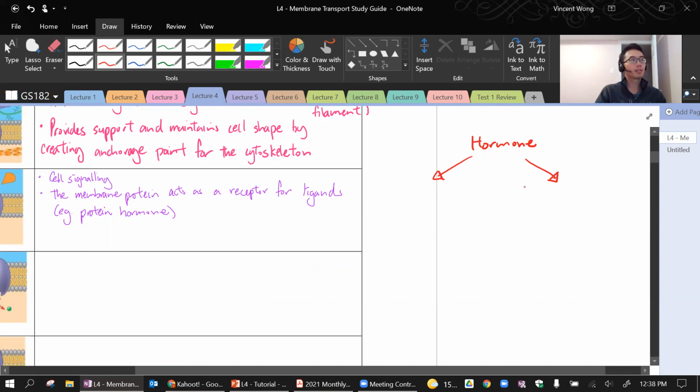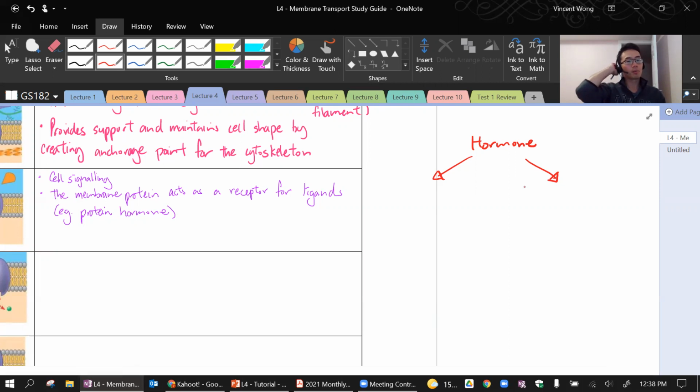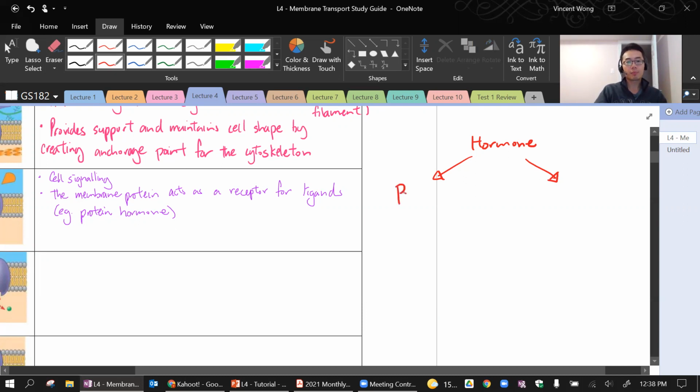Two types of hormones. Christian gave me two examples of hormones. Very good, testosterone and estrogen, but I'm looking for two categories of hormone. What are they made up of? Thank you. So Megan said protein, so we can have protein hormones,